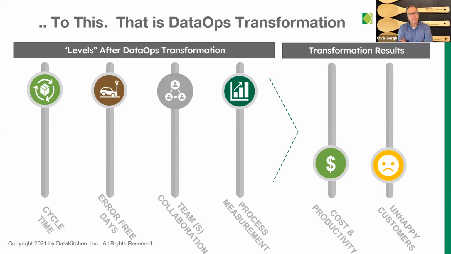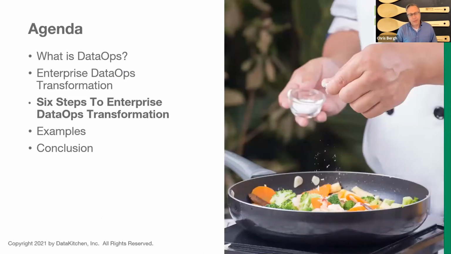They start to learn about DataOps. They believe in the promise. They believe in the analogy of the DevOps transformation and the lean transformation. They see how it's happening maybe in their digital organization. And so where they come in and talk to us is to say, look, our customers aren't happy with us. We're not going fast enough. Things are breaking left and right. And our digital team is working on the website, does this DevOps stuff. And maybe our CIO says, let's be agile. So how do I do this with my data science and engineering team? And that's where it comes to the 6 steps to enterprise DataOps transformation. And so I think these apply to big teams and small.